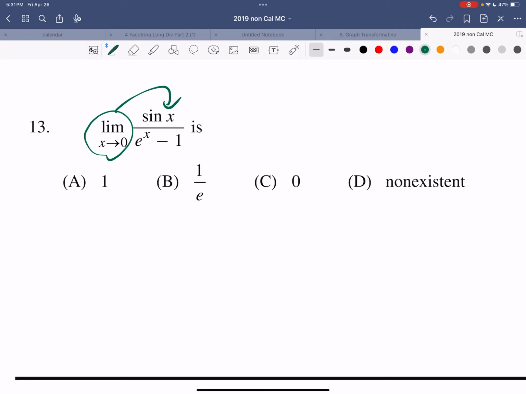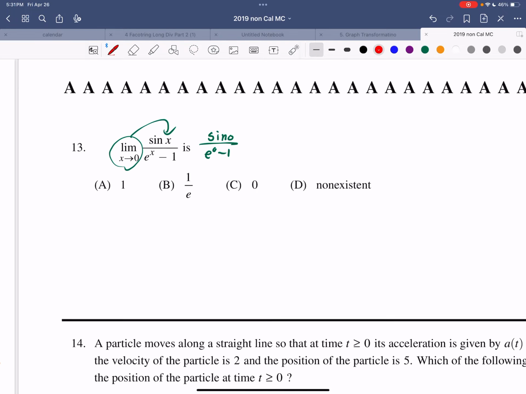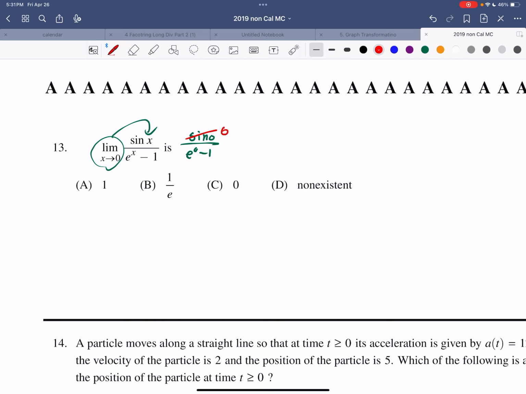Okay, so you plug it in, you get sine of 0 over e to the 0 minus 1. As you can see, sine of 0 is equal to 0. E to the 0 becomes 1, and 1 minus 1 is equal to 0. So you become 0 over 0, right? You cannot have this. So that's L'Hopital's rule. So you're going to do L'Hopital's rule, which means you're going to do